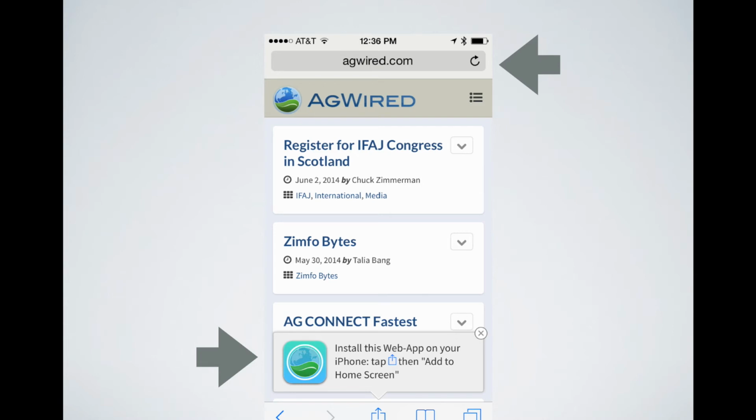But the bottom arrow shows you the neat part. This is where you can install a web app directly onto your iPhone or Android, and I believe even BlackBerry, although I haven't tested that one. This will show the first time that you go to the URL in your phone browser, or it could be an iPad or an Android tablet for that matter, and you can just click on that bottom icon to add it to your home screen. And what happens next then is